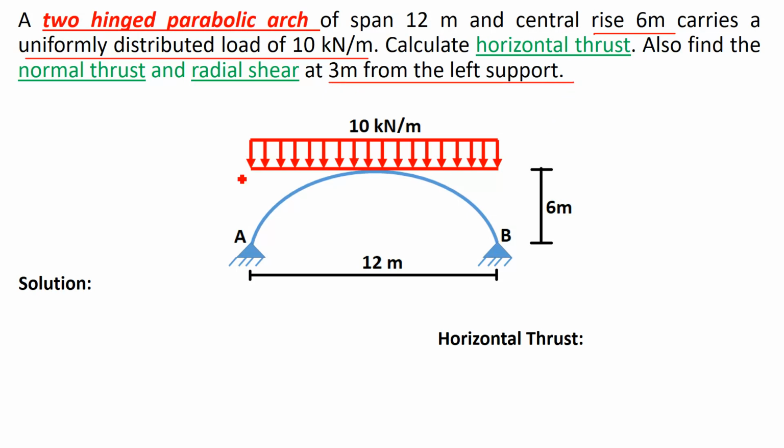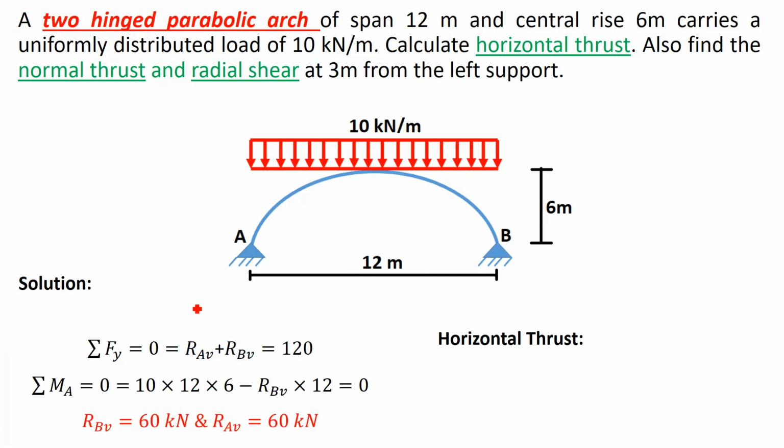Already we have solved two numerical examples on two-hinge parabolic arch. Now here the uniformly distributed load is acting on the full span from A to B. Intensity of load is 10 kN per meter. Span of arch is 12 meter. Central rise is 6 meter. Right? So the very first step is similar to previous two problems,